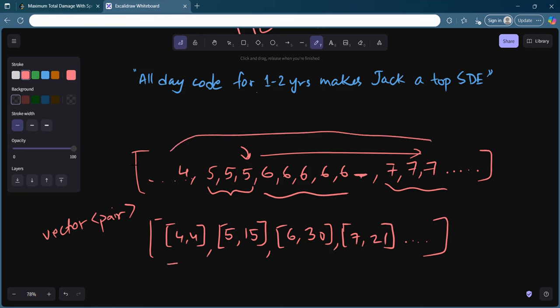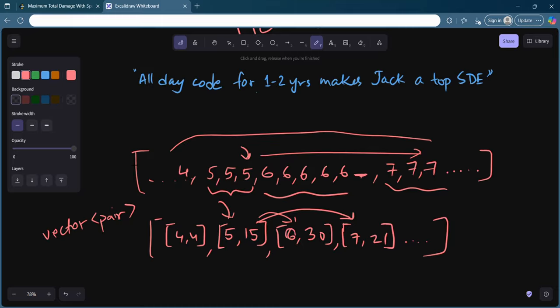Now you have reduced that to 1, 2, 3, 4 elements only. So you see now traversal will be a lot easier and you can directly refer to these elements, and you see you do not even need any binary search or anything like that using this trick. Okay, so what you can do, if you are selecting 5, you do not select the numbers which are next to it and next to next.